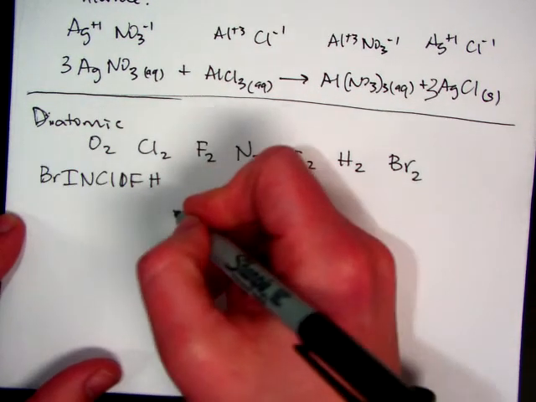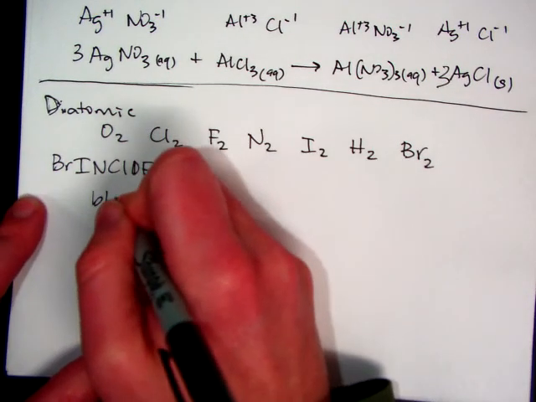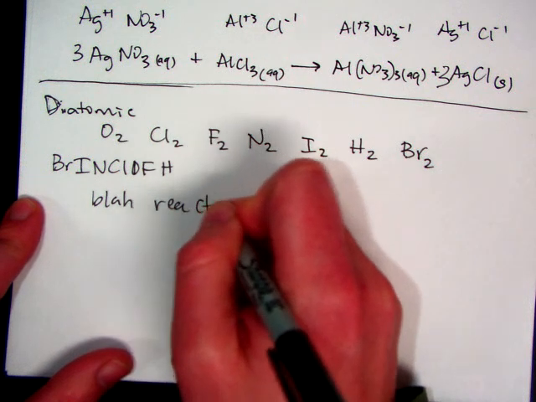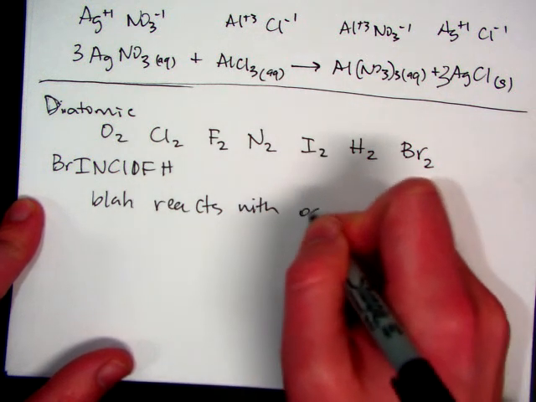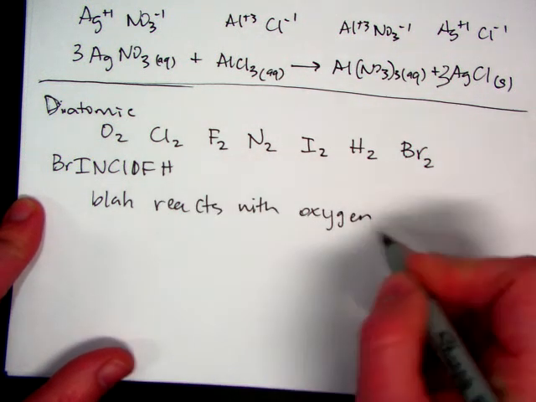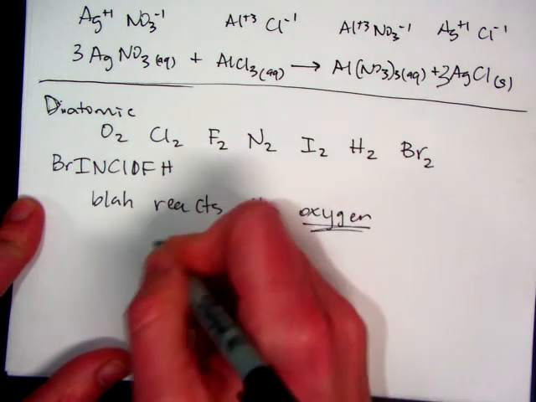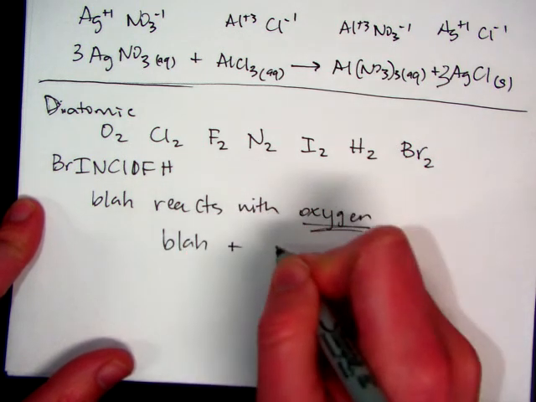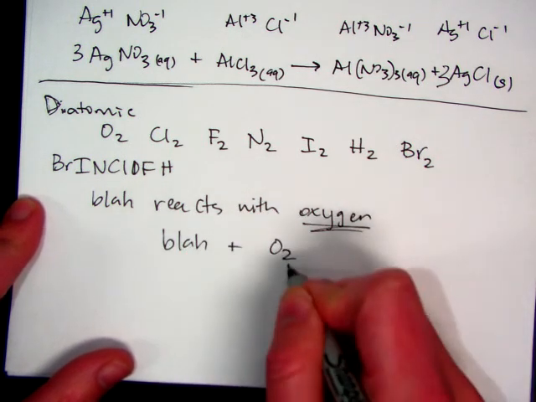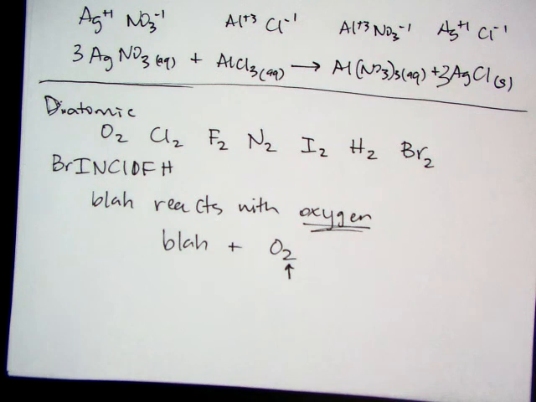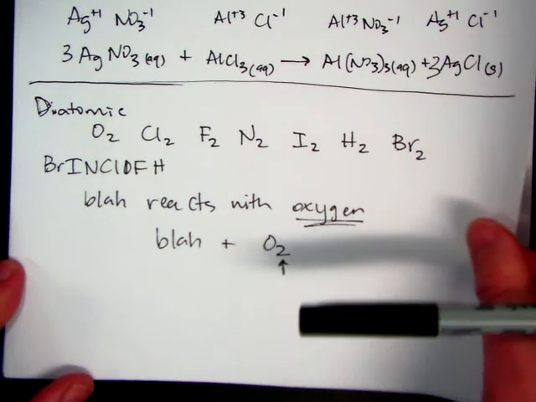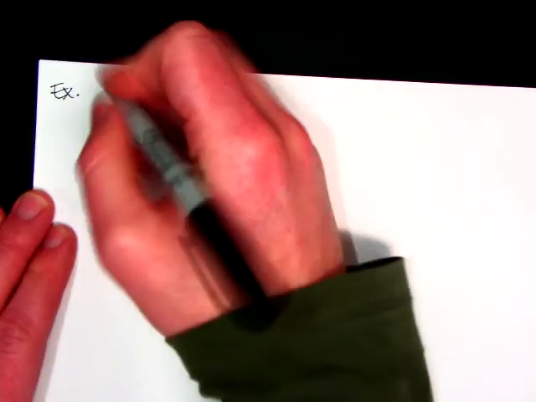And so in a reaction, you'd say, like, whatever, blah reacts with oxygen. Your job is to remember that this is never by itself. And so you'd have blah plus O2. And you have to remember that 2 goes right there to indicate that it's a sneaky 7 element. Okay? So an example for that would be if you had, let's say, magnesium metal